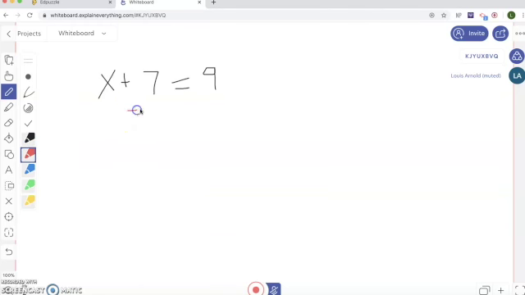Okay, to solve for x, we're going to subtract 7 on both sides. I can change colors then if I wanted to show they cancel out in a different color. And we have x equals